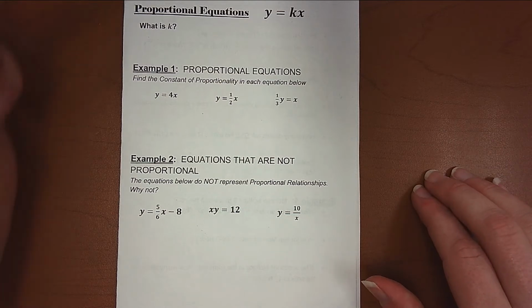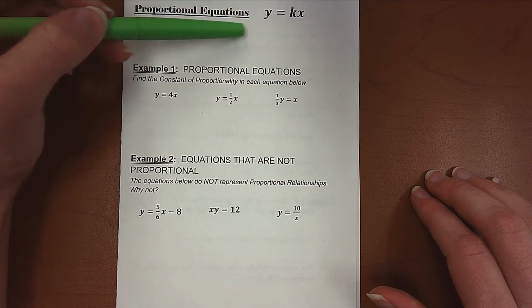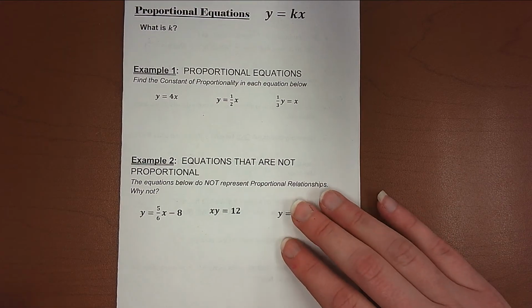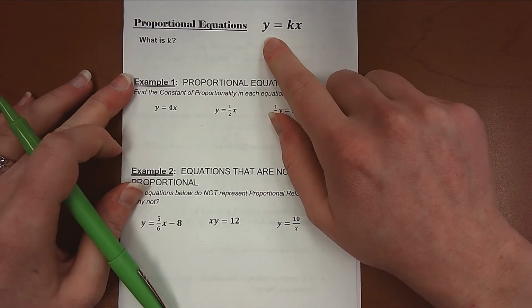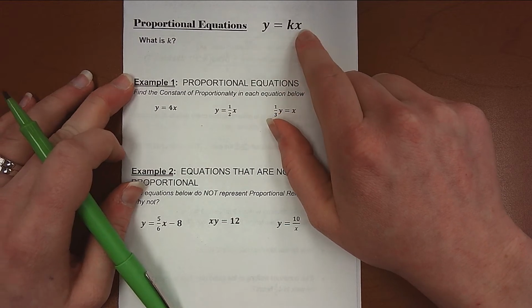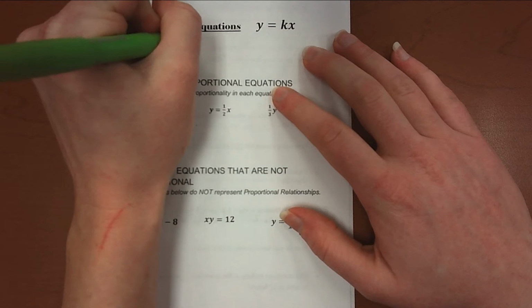And so when we have proportional equations, now we're going to jump to the equation part. Last time we looked at the graphs. Now we're going to look at the equation and the tables. Proportional equations are always written in the form of y equals kx, where k is my constant of proportionality,